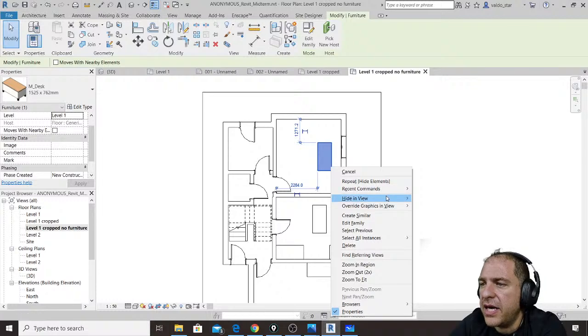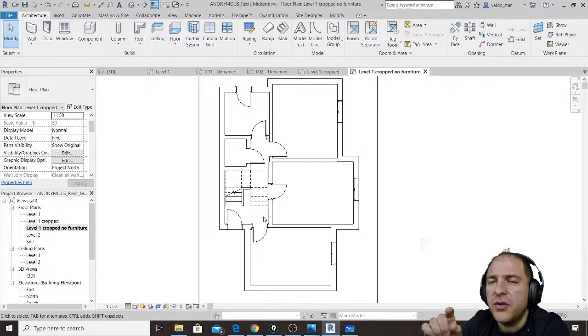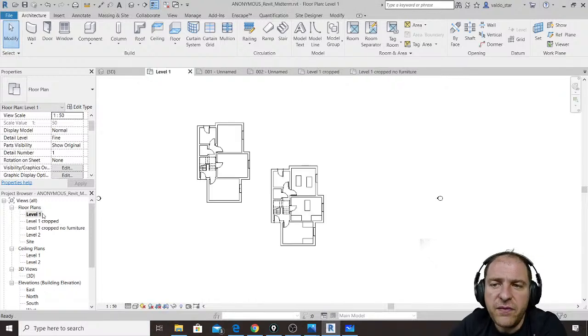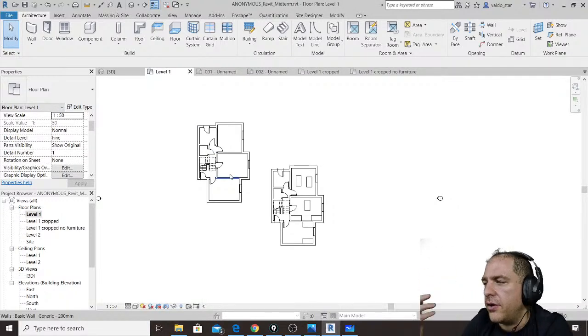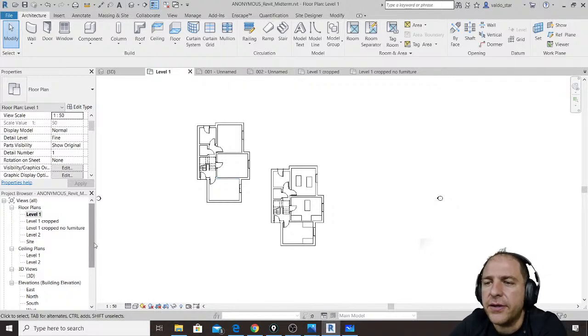in view, and I hide the entire category in view, it happens that in this view that is cropped I have no furniture, while in this view that is cropped as well I have visible furniture, while I have another view that is the entire floor plan and also it has visible furnitures. So the more views I create, then look,